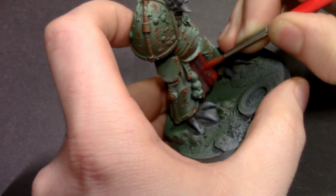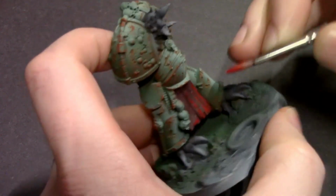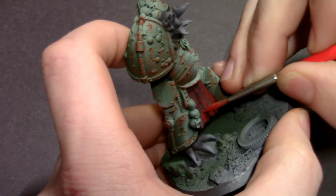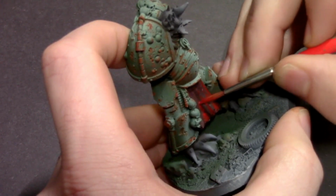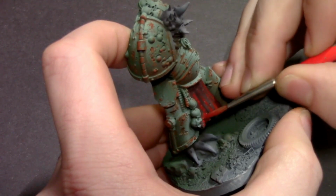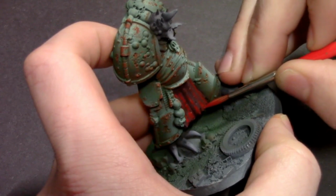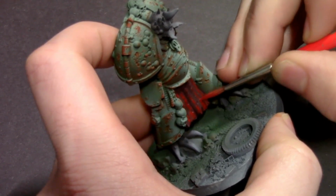And it's also a great way to add texture and character to a portion of the model. So he's got this nice decayed, ripped up, moth-eaten cloth, and I want it to be rough. I want it to look rough spun. I want it to have a texture. So what I'm doing is I have some semi-transparent thinned out paint in my brush, and I'm just barely touching the model over and over and over again, kind of like